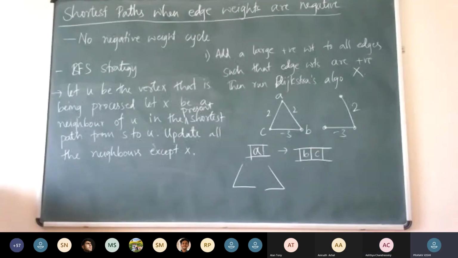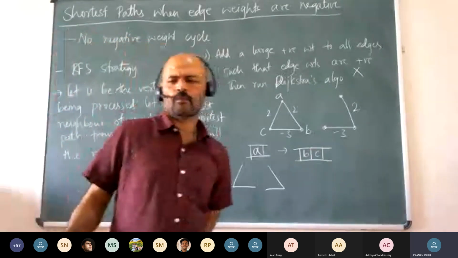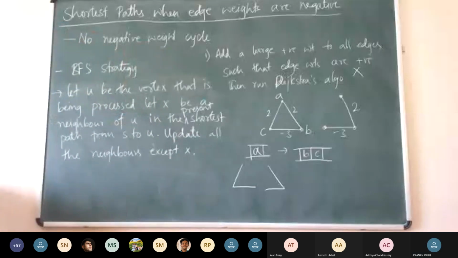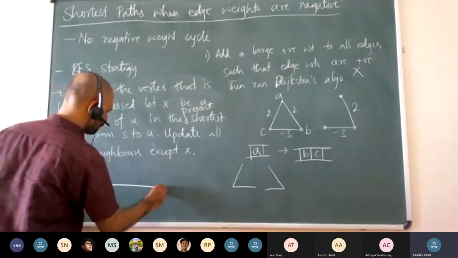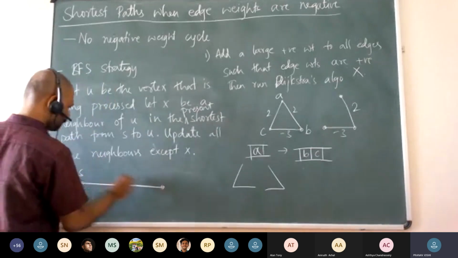So can we say that if we are reaching a vertex that we have visited before in the path, and the updated distance is less than the previous distance assigned to it, then we are reaching it through a negative cycle, but it is never possible. How is that a negative cycle? We can draw a path from S to U, and suppose we visit X again, which was already in the path from S to U, and we are updating the distance of X. That means there is a negative weight in the cycle.